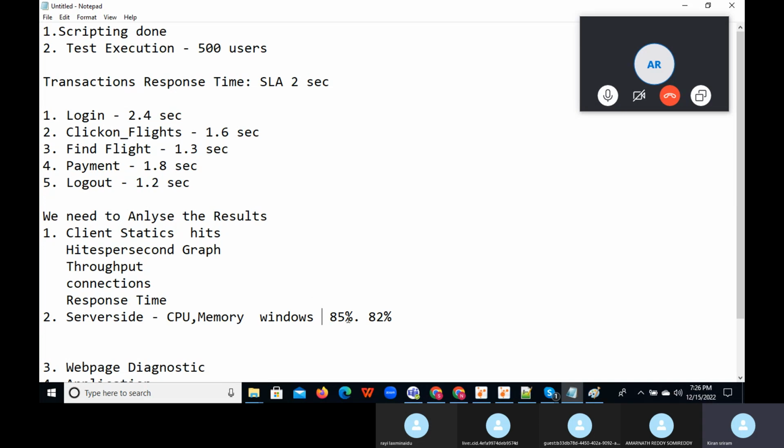So for Windows, if it crosses more than 80% CPU or memory, then we can consider that the CPU and memory are not sufficient for the particular user load. Then we need to recommend to the particular team, could you please increase the CPU and memory. Maybe it is Linux,